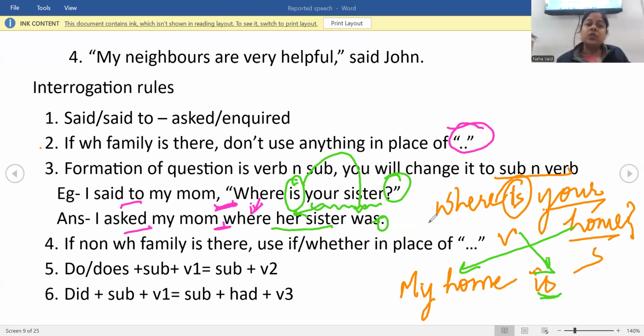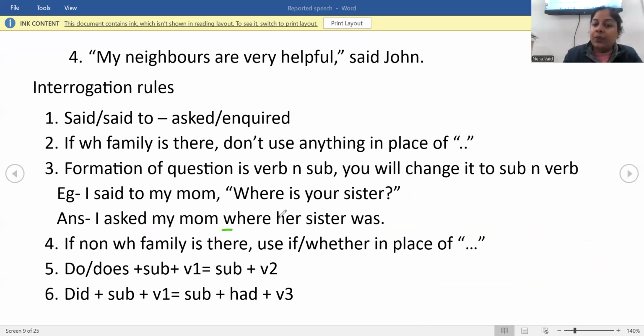First step, आपको जब भी report करना है उसे, after where you will use the subject first and then the verb, or in other words, जब आप verb को change करके लिखेंगे वो हमेशा subject या noun के बाद में लिखेंगे। In short, जो भी उसका साथ noun होगा उसके बाद लिखेंगे verb को. ठीक है. Second, जो आपको normal अपने reported speech के rules पता हैं, like changing the pronoun, changing the tense, वो आपके regularly apply होंगे.